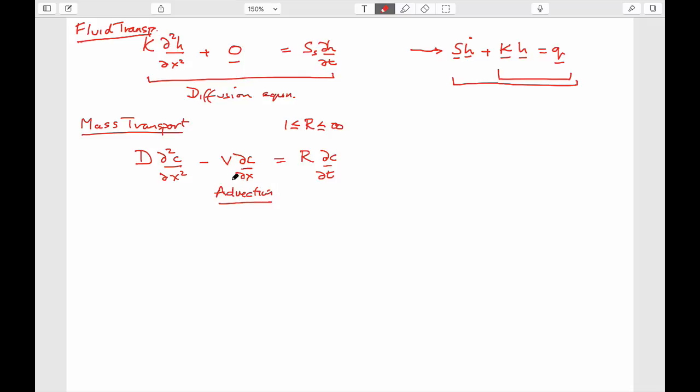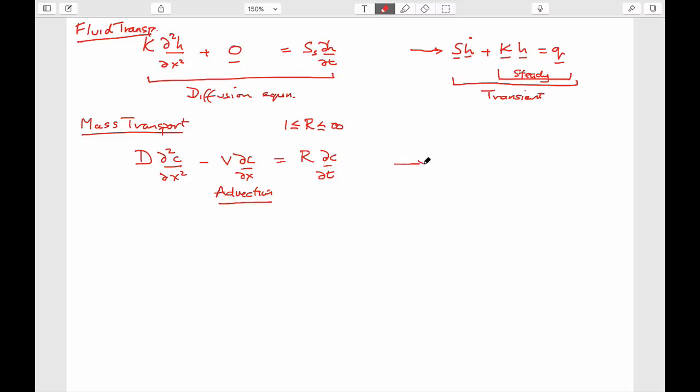If we want to accommodate this, then we can straightforwardly do that, so long as we can write it in a form that's similar to this, because we know how to solve this. We know how to solve this both for the steady case or for the transient case, which is the larger one. We know how to break them down into basically A times X equals B, just as a matrix, to be able to solve them. And all that changes when we talk about mass transport is that we can now rewrite this expression